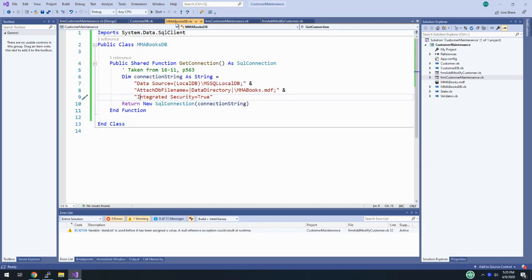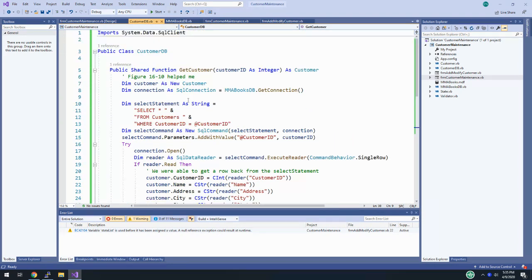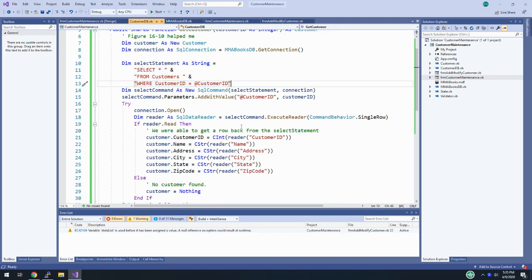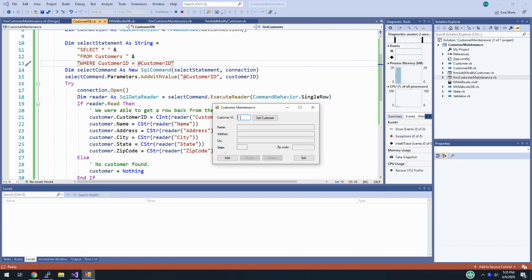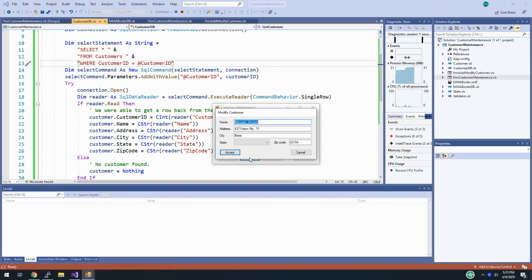If you're getting a connection error, look at this connection string, make sure that's good. If you're getting a SQL error, check the spaces here. But there's plenty of opportunities to get errors on this. All right. Oh, didn't want to close that. We're still running. I'm going to hit customer 27, get customer, click on modify, and it says, notice there's no value displayed in the state combo box. Yep. And there's no items. Yep. That's because you haven't added the code to retrieve the list of states. Click the cancel button